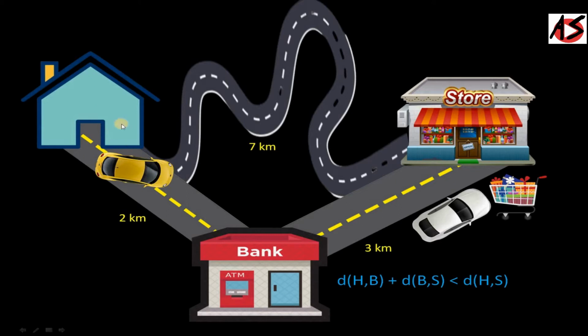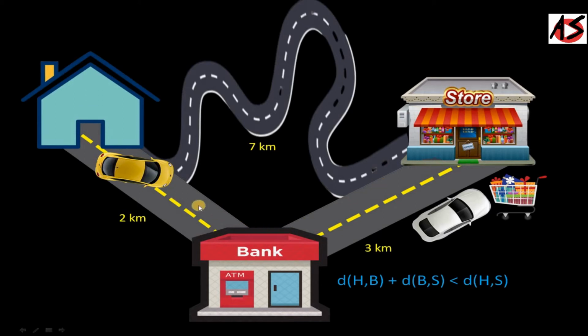If you want to go to the store to buy groceries and you have multiple roads, you are always looking for the shortest path, because with the shortest path you have less fuel consumption in your car. So here you have two roads from your home to your grocery shop. One is the direct way from your home to the store, and the second way is via the bank. The second way is a connected one. So you can go to the bank, and from the bank you can go to the store.